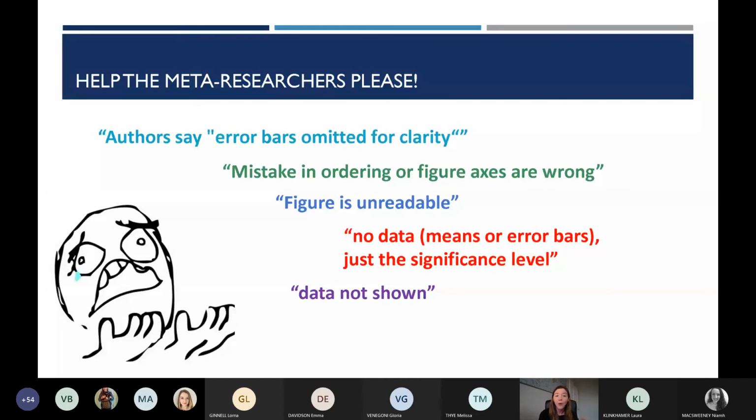There's mistakes in the ordering of the figures, or the axes are wrong and it's unclear what figure relates to which text. This actually happens all the time. Sometimes the figures are unreadable. Sometimes they've performed the study but the data isn't shown. All of these problems are immensely frustrating, and if people could share their data and make it obvious what they've done, that would also really help me. So that's my selfish reason.